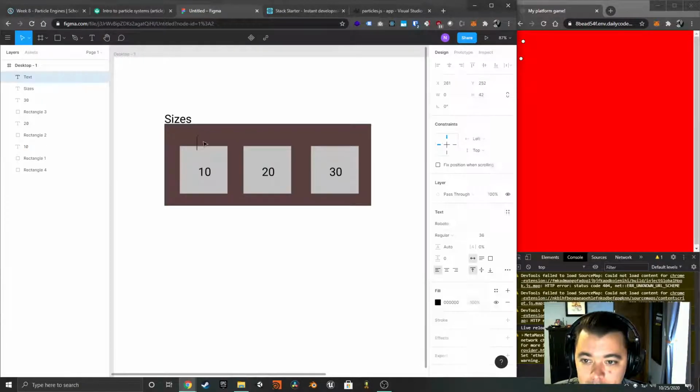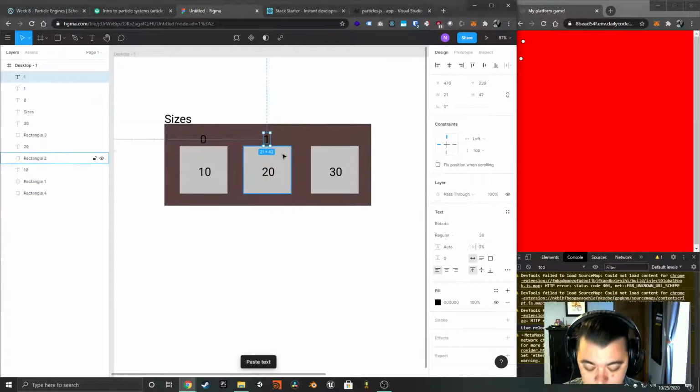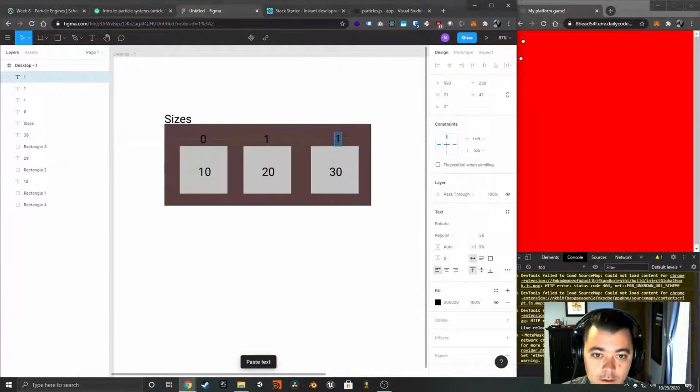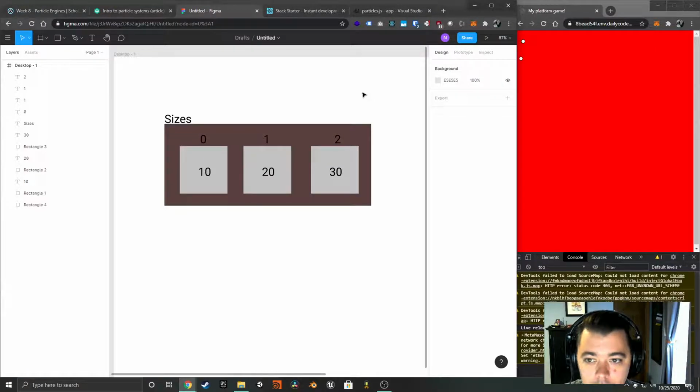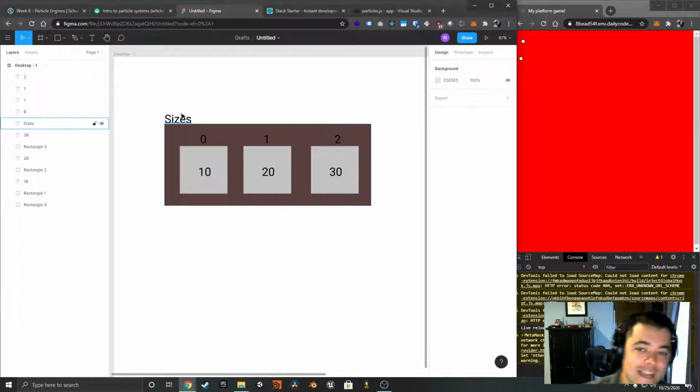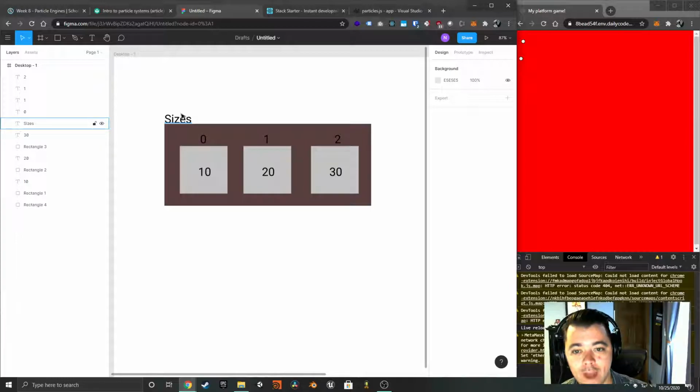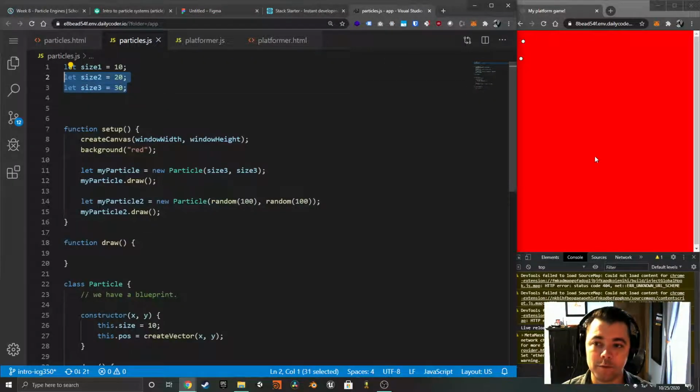So this would be 0, this would be 1, and this would be 2. So sizes sub 0 would be equal to 10. Sizes sub 1 would be equal to 20. Sizes sub 2 would be equal to 30. Now, all we have to do is have a single variable, which would be an array, that keeps track of all this information. So if we go back here, we could say, instead of size 1, size 2, and size 3,